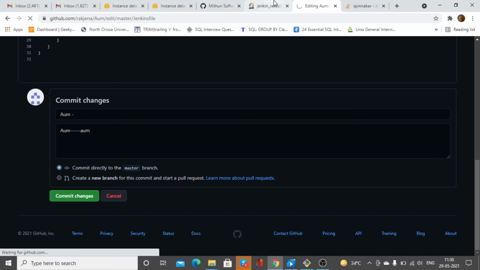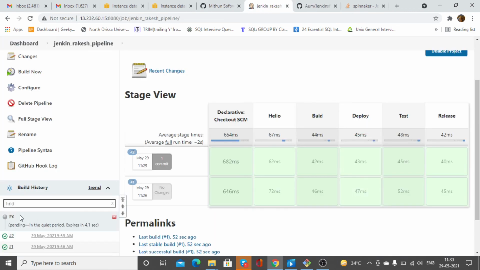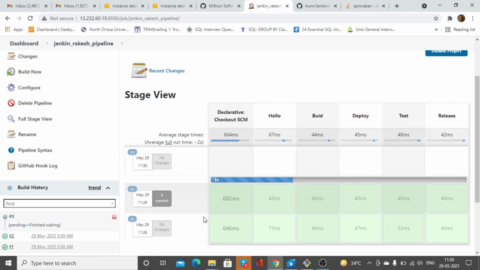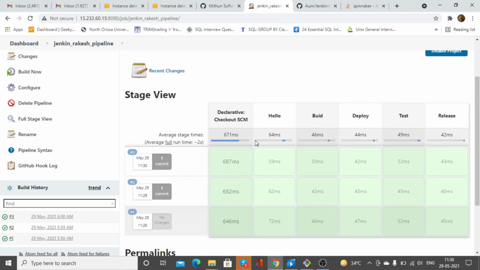Commit changes. Let's see. You will see a third will be created. Yes, you can see suddenly the third job has been triggered. Okay, so like that we can do our deployment when new code comes to us, or when new code is committed in the Git, then that package will be deployed. As soon as the package is committed in Git, you will find that package will be deployed through Jenkins.